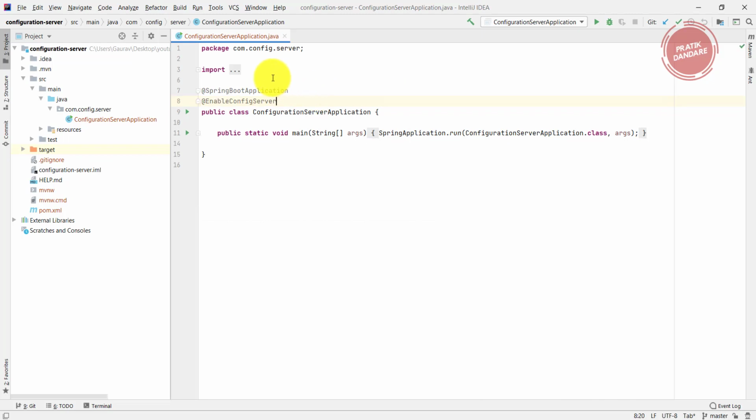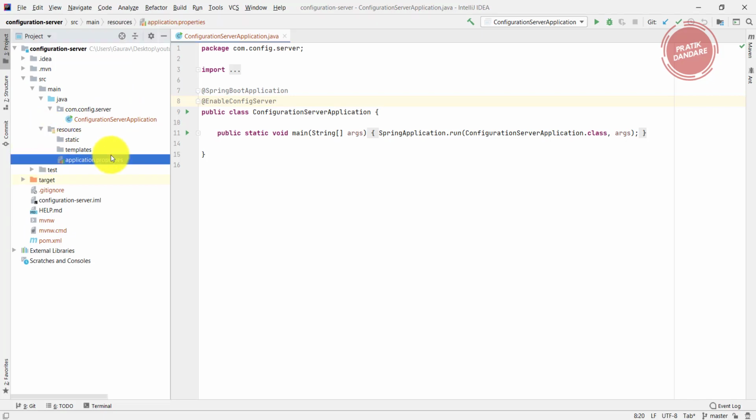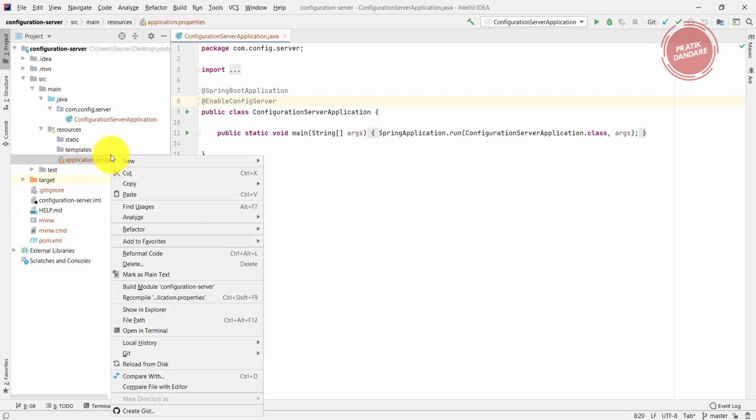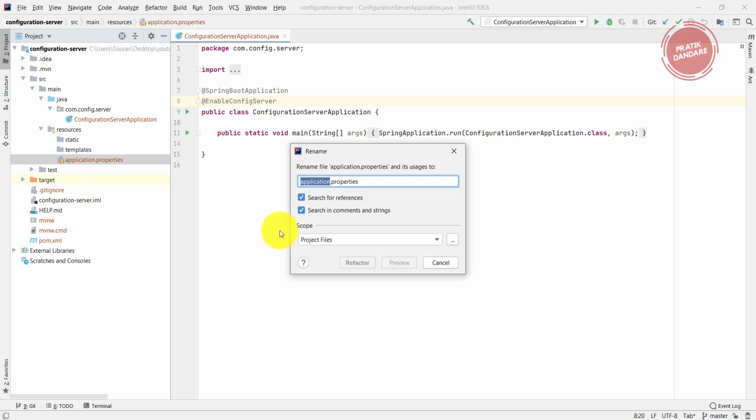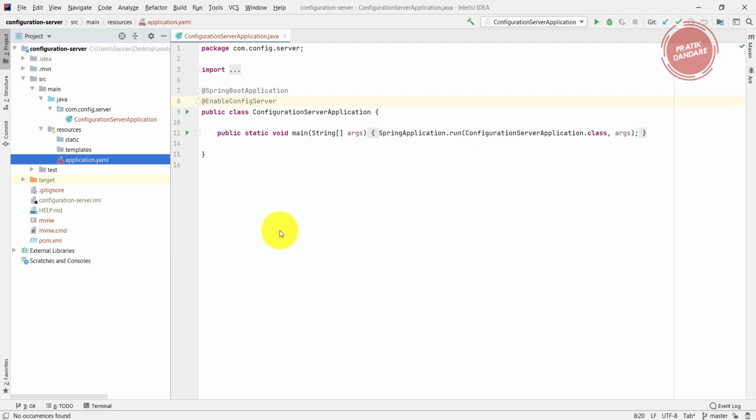This is the annotation we need to put on top of the main class. After that, I'm not going to use application.properties, I'm going to use application.yml. So I'm going to refactor it and rename it. So it's a yml file now.